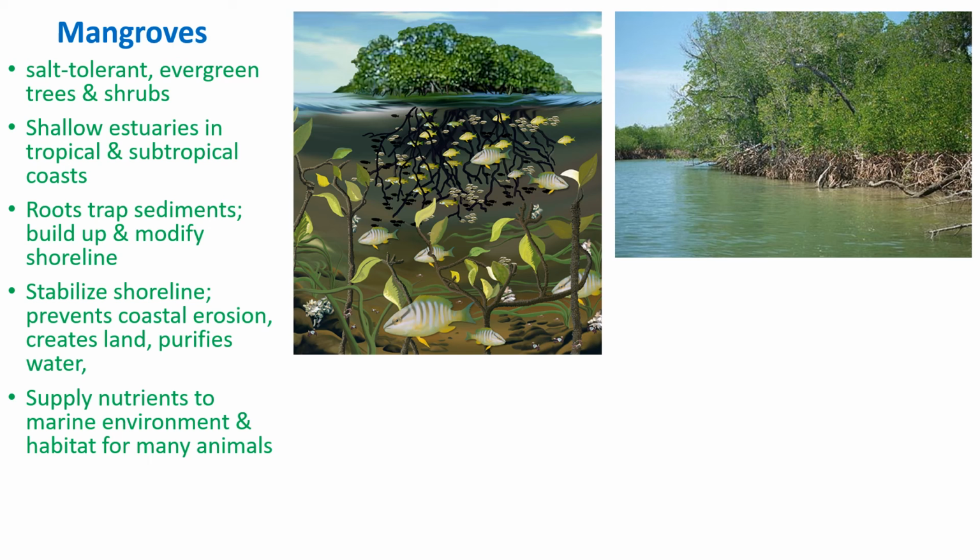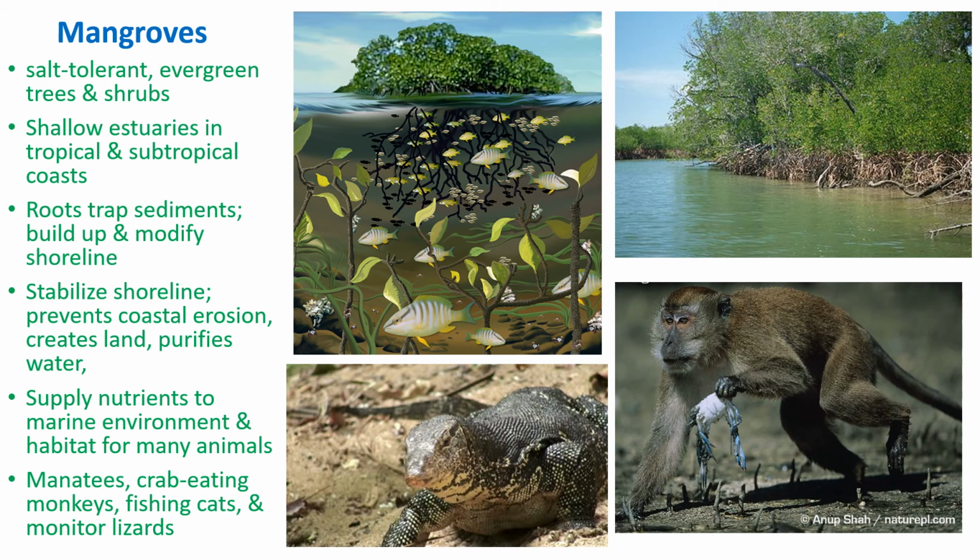Essentially, mangroves stabilize shorelines and prevent coastal erosion, and in fact, with the ability to trap sediment from the land, mangroves create land and also purify coastal water. And also mediate the supply of nutrients to the marine environments. And with that complex three-dimensional root structure that you find within mangrove habitats, it creates a perfect